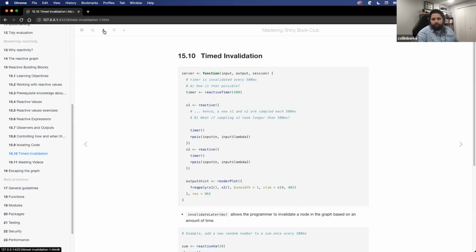Let's talk a little bit about timed invalidation briefly. I'm going to share my screen. Let's share desktop 2. Can you guys see my slides? Okay, cool. So where we left off, we were talking about isolating code, but then we started talking about timed